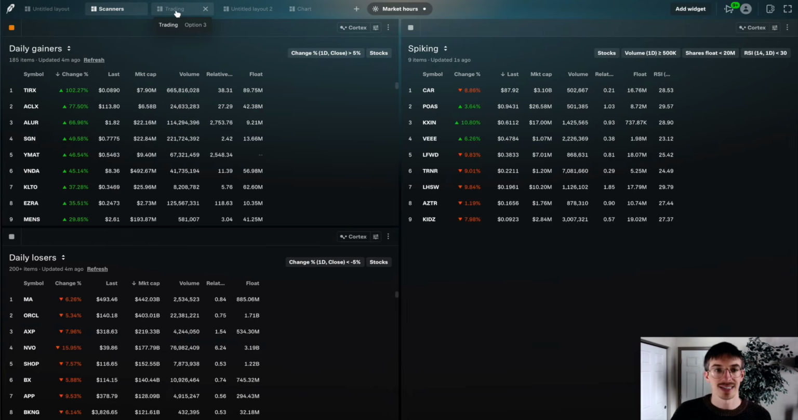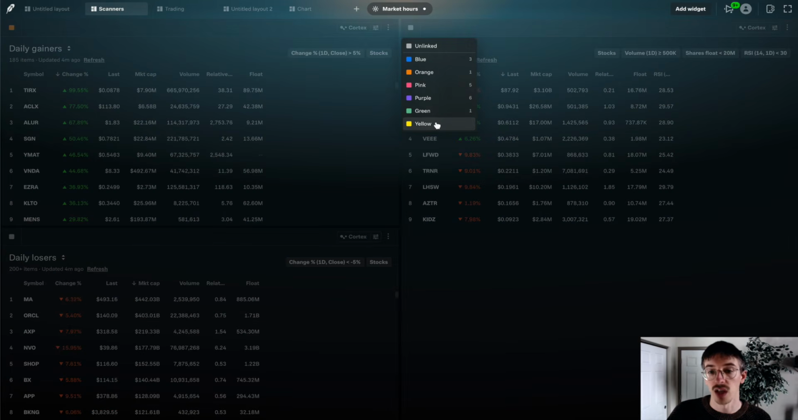Now I personally think it's nice to have these different tabs at the top here so that we can have scanners on a separate tab since they do take up a lot of space. And most of the time you're going to be using multiple scanners, not just one. But what we can do is actually use these colors in the upper left-hand corner of all of these different scanners. And if we were to change these all to yellow, for example,